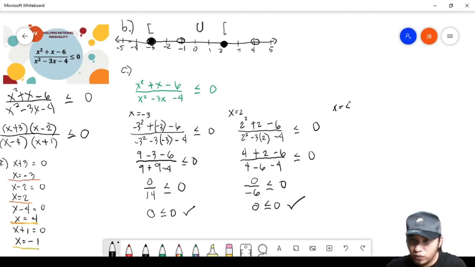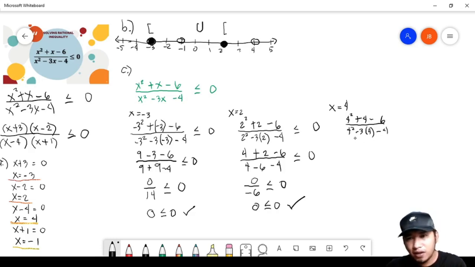X is equal to 4. At x is equal to 4, that is, we will substitute again. That is 4 squared plus 4 minus 6 all over 4 squared minus 3 times 4 minus 4. Right? Is less than or equal to 0. 4 squared is, okay, 4 squared